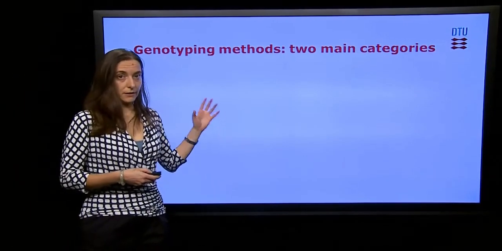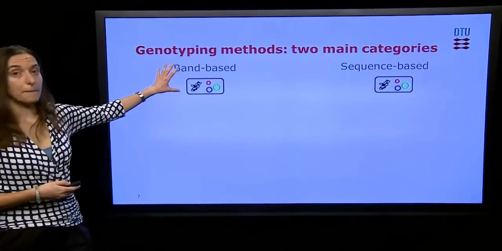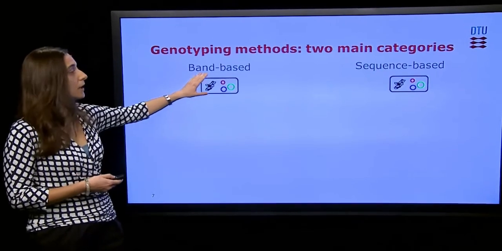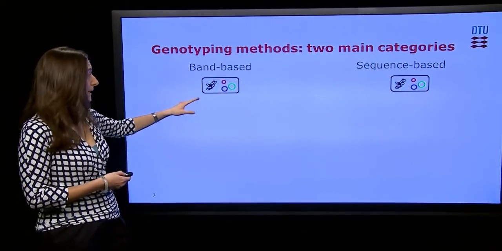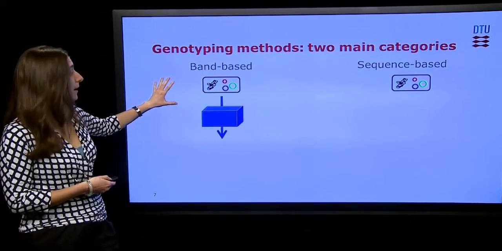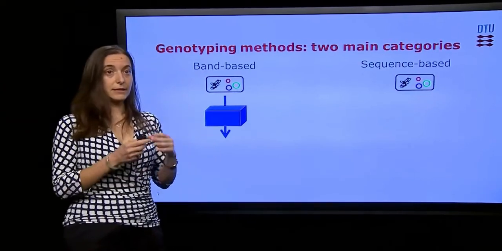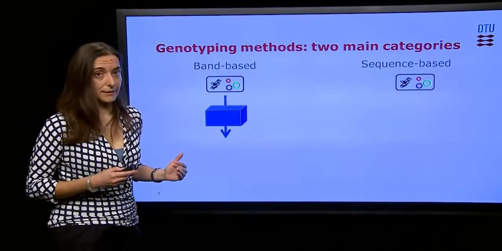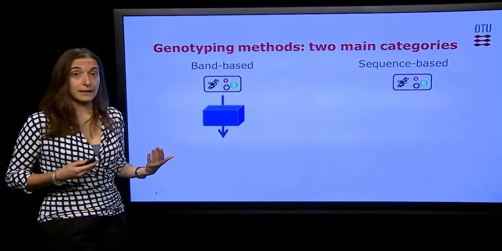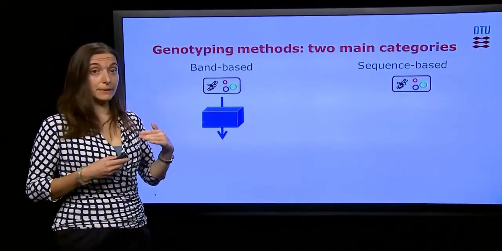There are two main categories on which we can base our typing. The first one is the band-based method. The second one is the sequence-based method. What are the differences? In both cases, we start from bacterial cells. Starting from the band-based method, we will take the DNA, cells are manipulated, and the general principle of this band-based method is to resolve the DNA in bands. Bands that can be produced by amplification by PCR, that can be produced by cutting with restriction enzymes. And at the end, you will have your DNA fragmented in pieces of different